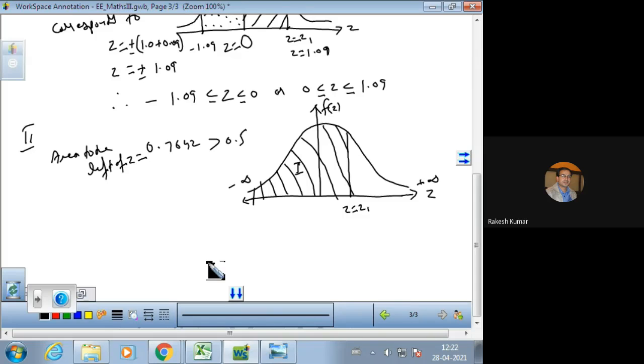So it means area between 0 and Z. We can say that this is the zero position. ये एरिया तो है 0.5 और ये जो रिमेनिंग एरिया है, 0.7642 से माइनस कर दीजिए 0.5, the area comes out 0.2642. इसका मतलब ये जो मीन पोजीशन से ये वाला एरिया है वो है 0.2642. So from the table we have to find out the value.